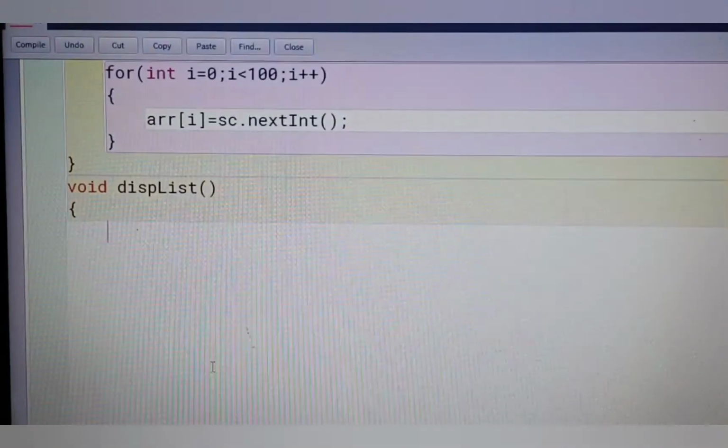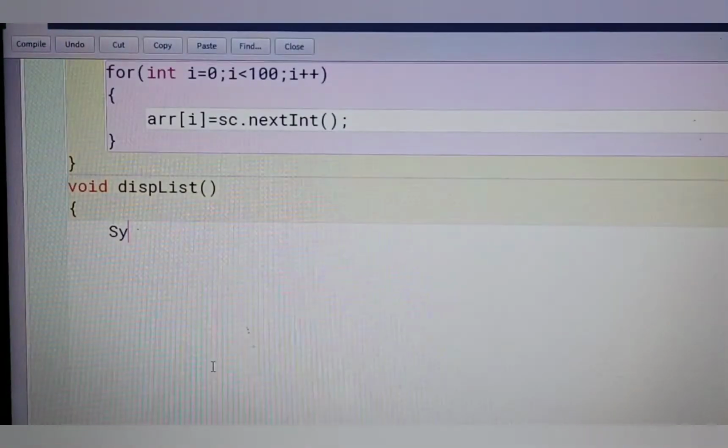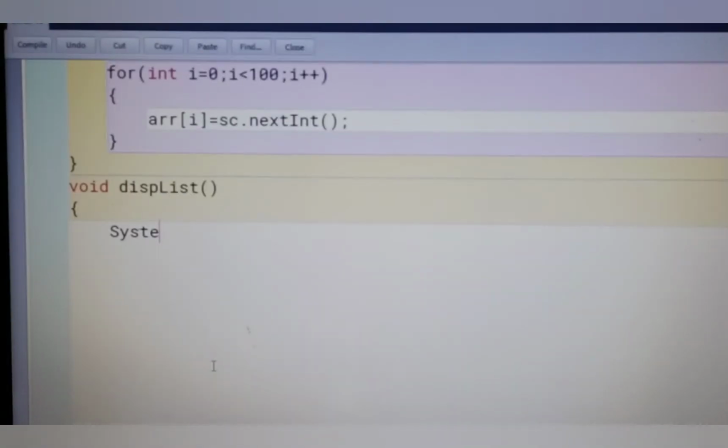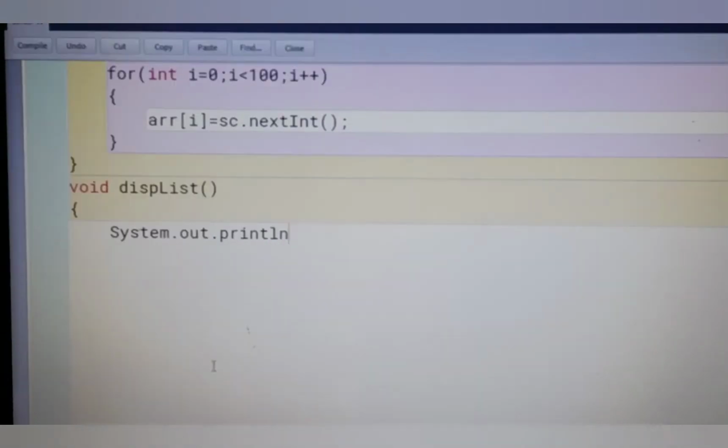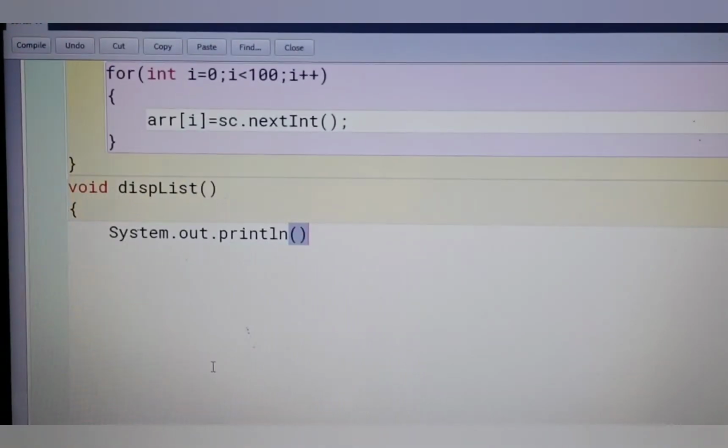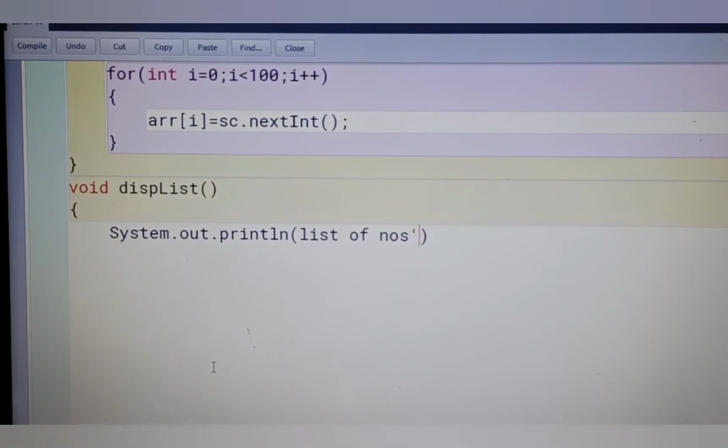So here you just give a message: System.out.println, write the message "list of numbers" within double quotes.